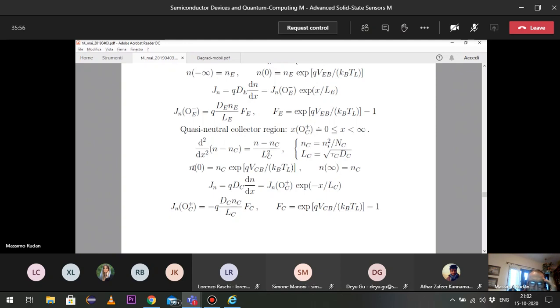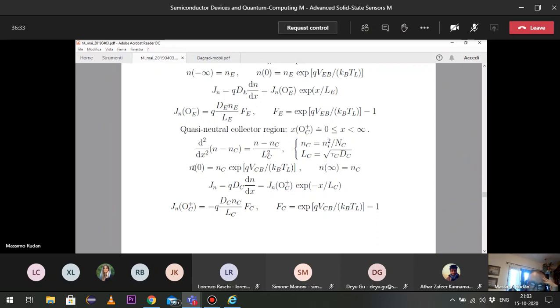Jn is QdC times the derivative of n with respect to x. And we have a minus. Why? Because you remember all these solutions are linear combinations of positive and negative exponentials, okay? And then we eliminate one of the two using the asymptotic condition. Now, in the case of the collector, the asymptotic condition is at infinity. So we must eliminate the exponential with the positive exponent, and then we keep the exponential with the negative exponent,